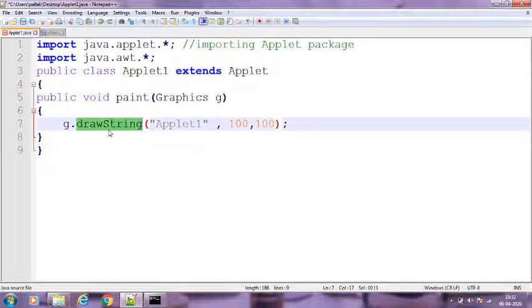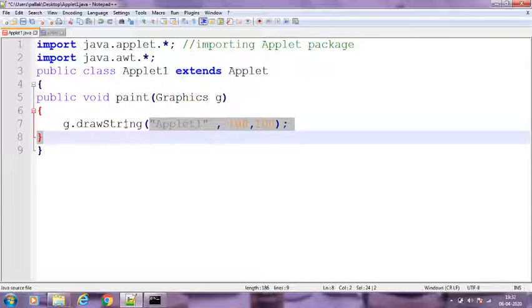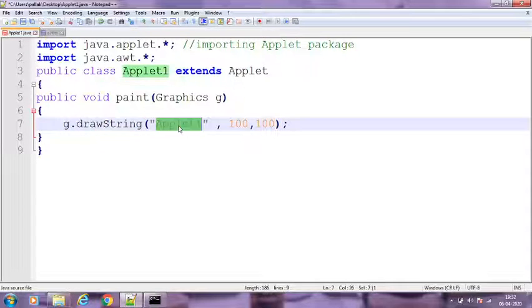And in the parameter list of drawString we have applet1, which is the string that is going to be printed on the applet, right? And then I have specified the coordinates.